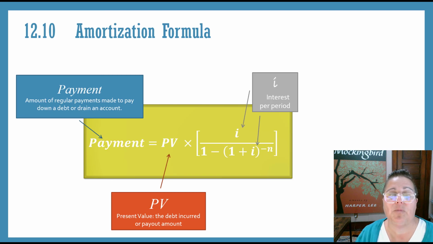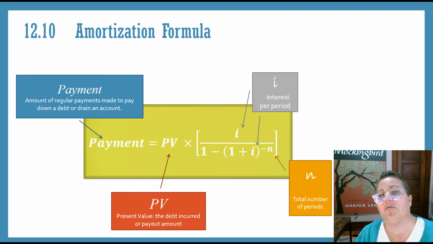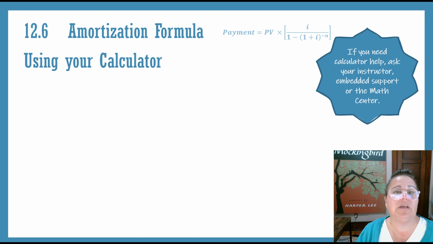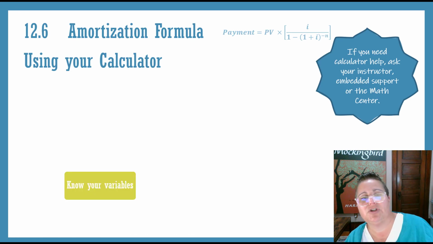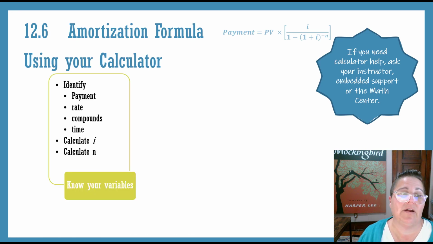I is the interest per period. N is the total number of periods. Again, be careful, it is a negative. That is a negative N, so watch out for that. Using your calculator, you want to be sure that you know your variables. That is, that you can identify,